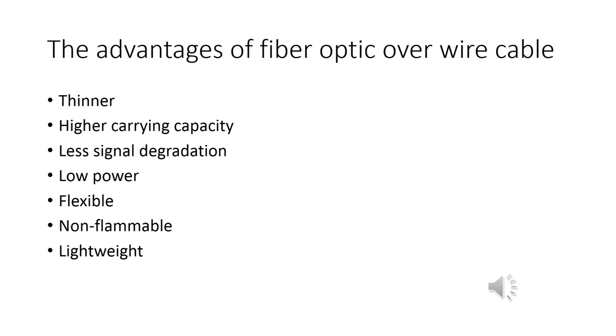The main disadvantages of fiber optic over copper wire cable: the first one is that optical fiber is more expensive than copper cable. The second one is that optical fiber cannot be joined together as easily as copper cable. For example, for long distance we have to join more than one fiber optic cable, so we have to use the fiber splicing technique for joining those fibers. So it requires training and expensive splicing and measurement equipment. These are the main disadvantages compared to copper wire cable.